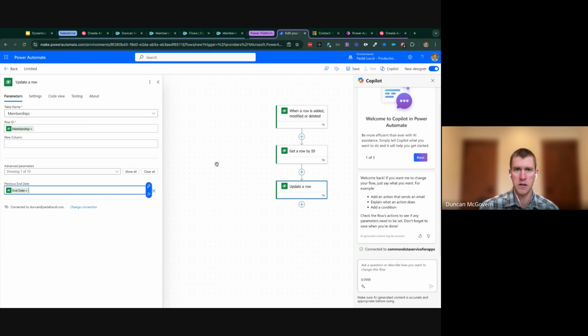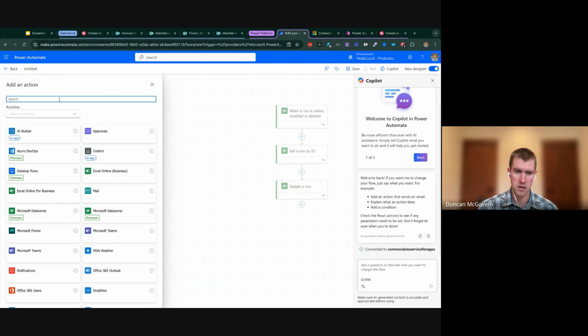Now, unfortunately, I cannot set the program in this step, because most contacts will have a program specified if they're a member, but if that value is missing, or if it is a new member that has not been in the system previously and that value is blank, the flow is going to fail. And so I need to add a condition here